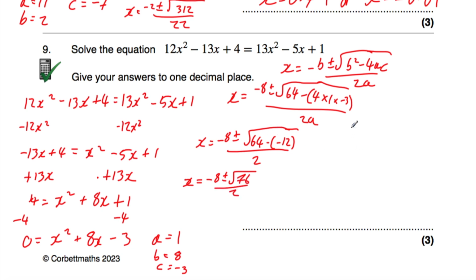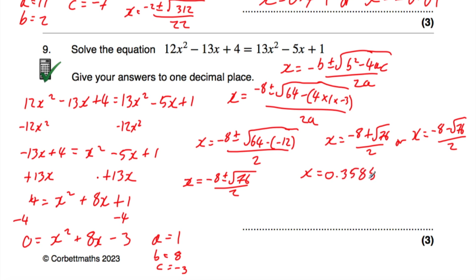Now let's write out our two solutions. That means that either x is equal to minus 8 plus the square root of 76 over 2, or x is equal to minus 8 minus the square root of 76 over 2. So let's work out both of these and see what we get. So x is equal to 0.35889 and so on. Or in this case, if we change that plus sign to a minus sign, so take away, we get x is equal to minus